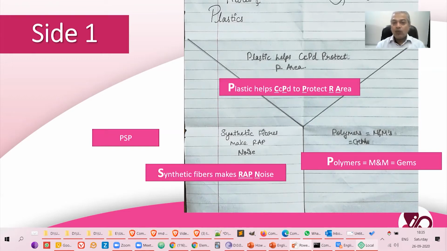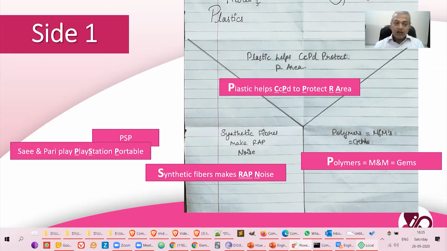Now I have to start thinking how I'm going to connect the chapter name to these subtopics. We've got the chapter on the top, and within this chapter we've got these subtopics. So here's what I've done. Sai and Pari play PSP, PlayStation Portable.